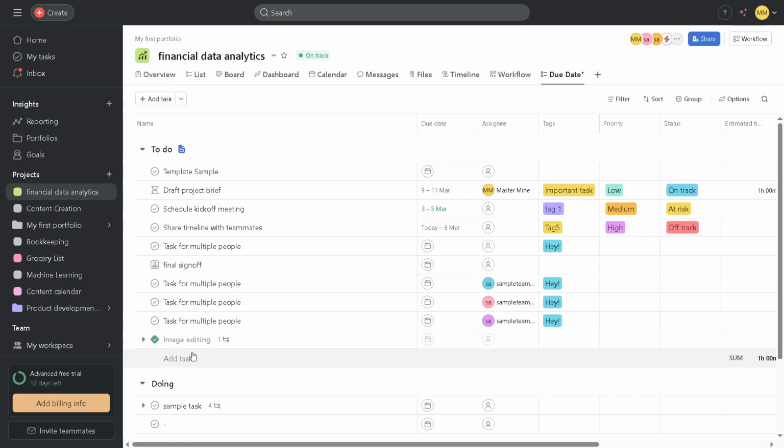In today's video, I'm going to teach you how to create a new table view in Asana that shows only